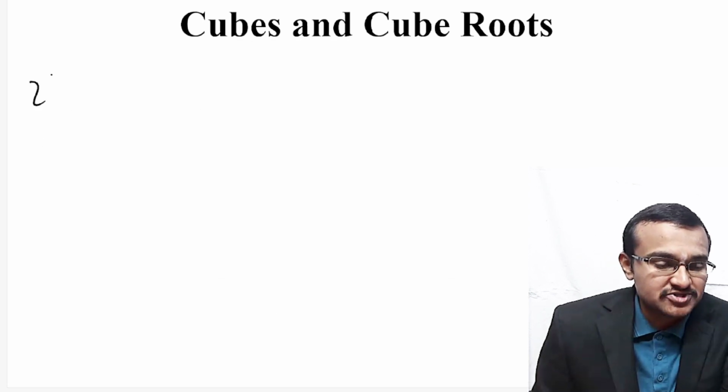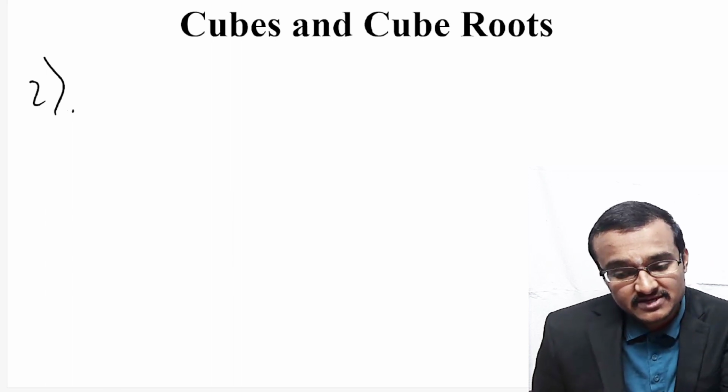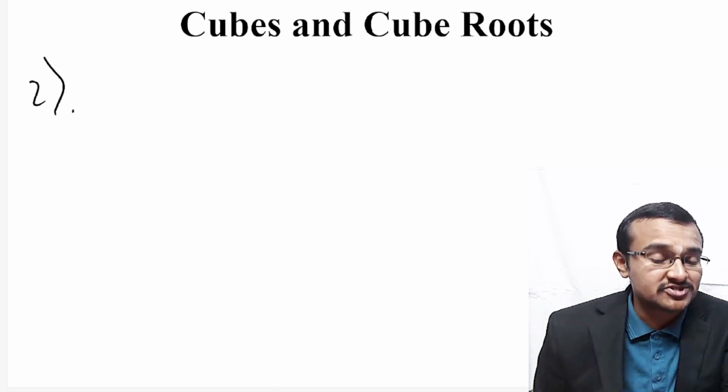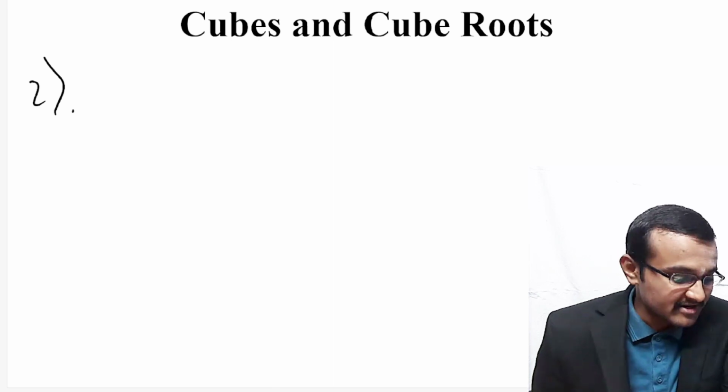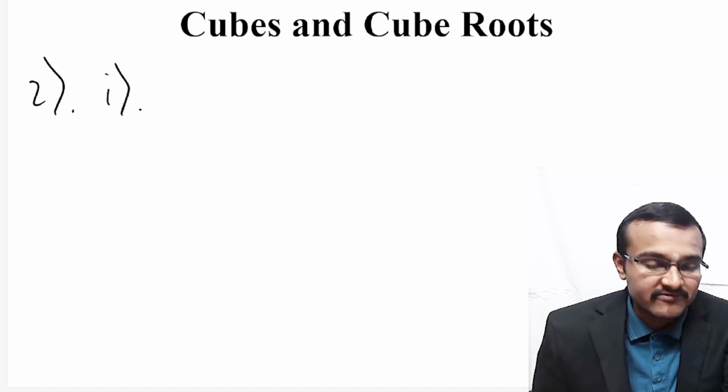So coming to the second question in this particular exercise, you have true or false in this particular question. So there are 7 different statements given, and you should actually state whether those statements are true or false. So coming to the first question in this particular second question, they have actually given cube of any odd number